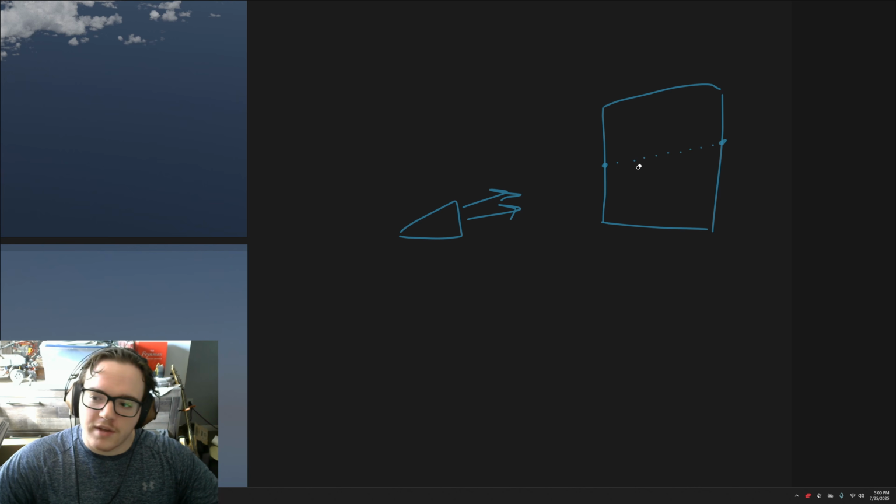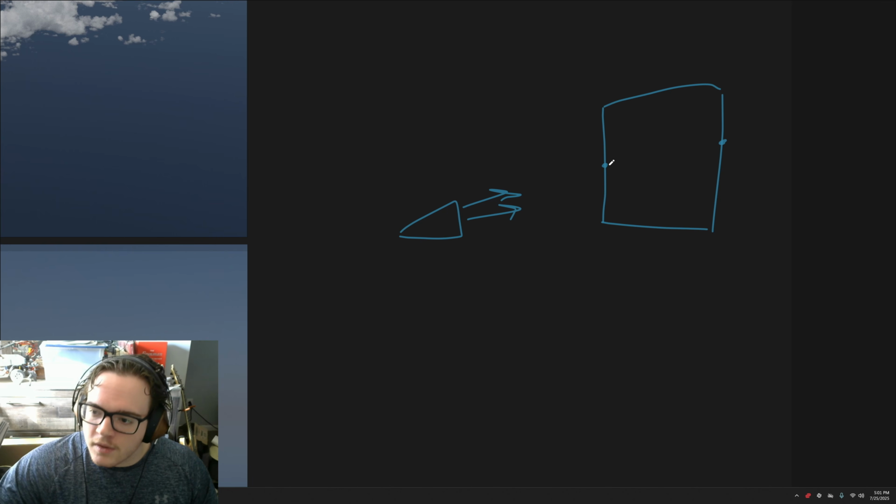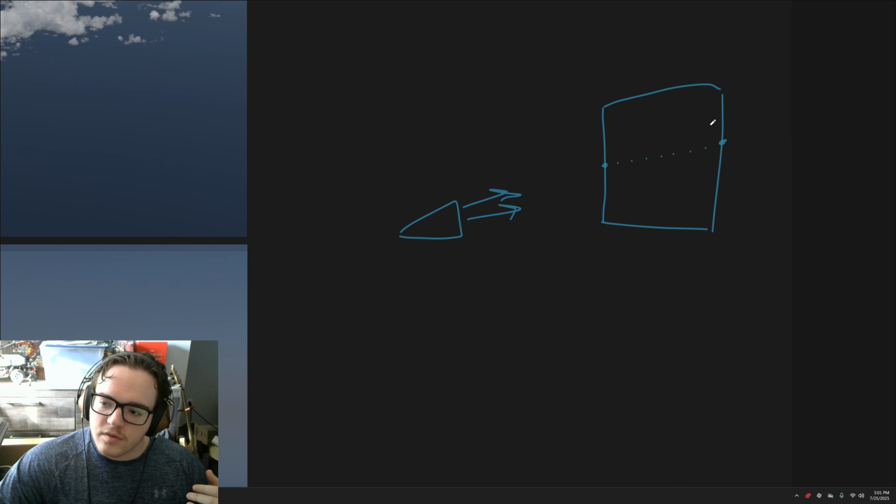So what does a lower step rate do? A lower step rate will mean that it takes a lot more samples, right? So the distance between the samples is extremely small. But a lot more samples means that there's a lot more computation involved, right? So it's a lot slower. So if we set our max steps to something like 8 or 16, we can have an arbitrarily low step rate, and the renderer will just say, hey, don't take any more steps than, let's just say 8 in this case. So it'll just instead take 8 steps here. And these 8 steps will be spread out over the entire